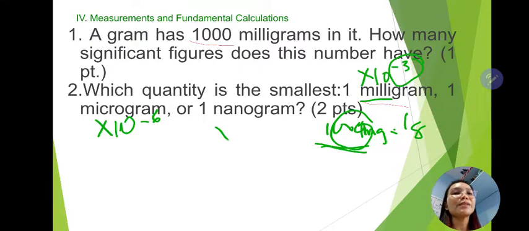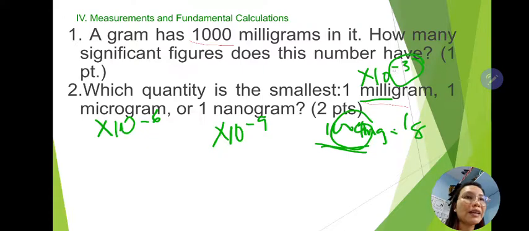And 1 nanogram is times 10 to the negative 9. So, kapag negative yung number natin sa taas, yung exponent na tinatawag, ibig sabihin yan, habang tumataas yung number from 3, then 6, and then 9, lalong lumiliit yung value ng number. So, this is 1,000 milligrams, or 1 gram is equal to 1,000 milligram, and then 1 gram is equal to